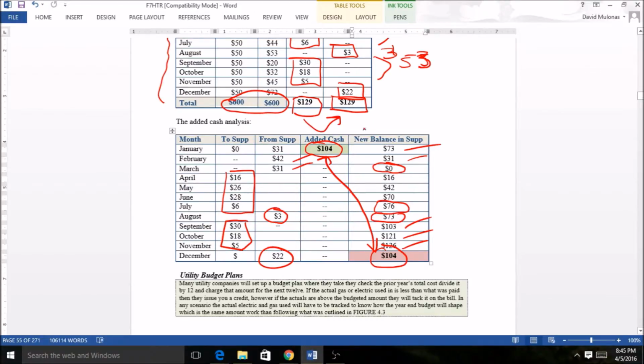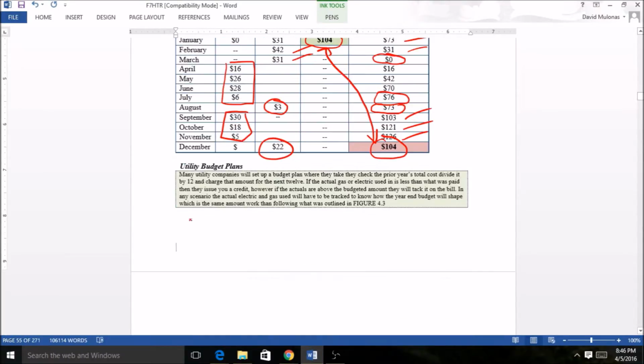Again, like in the other exercise, you may recall, there's a few cents off. It can certainly be that way because these aren't exact numbers, but again, you're going to be very close. And because you're predicting out the average, when you find out if you need to add added cash, it's not going to be a large amount. The average covers most of it, but keep in mind that $104